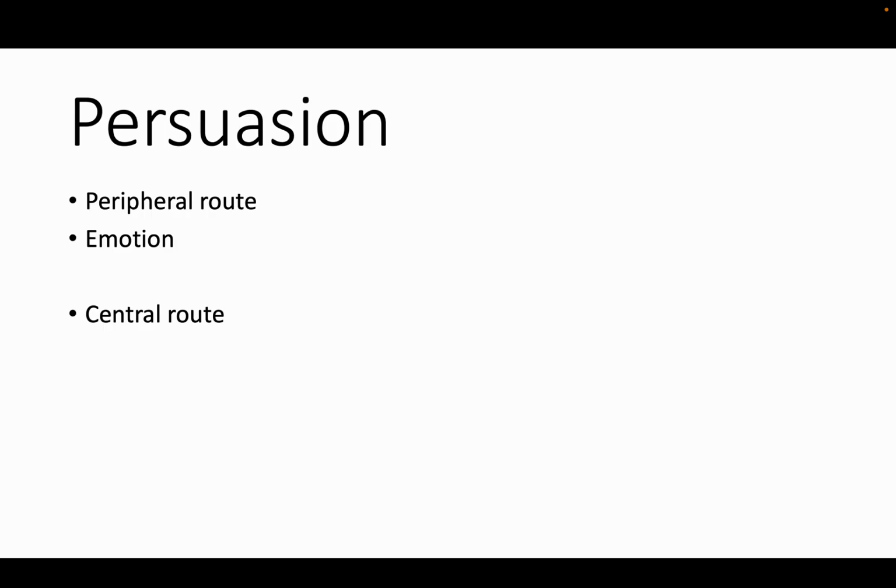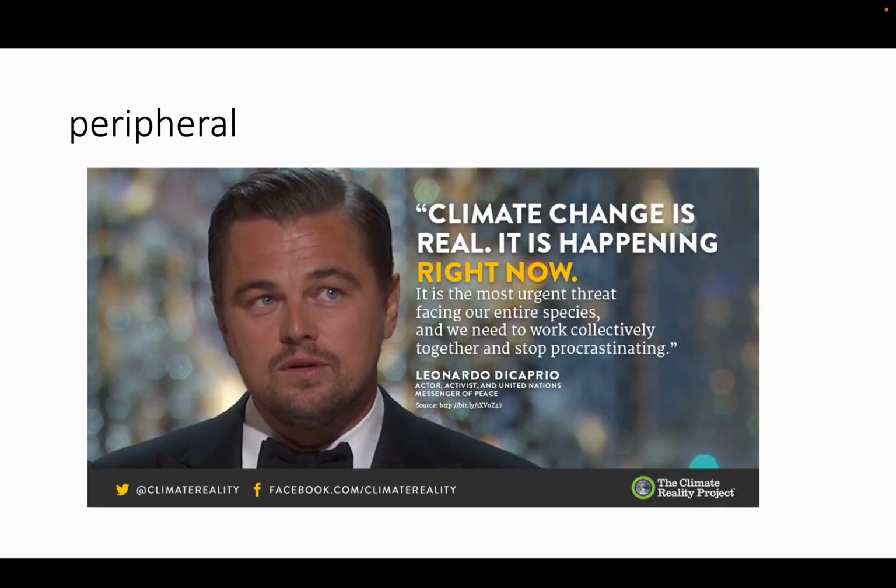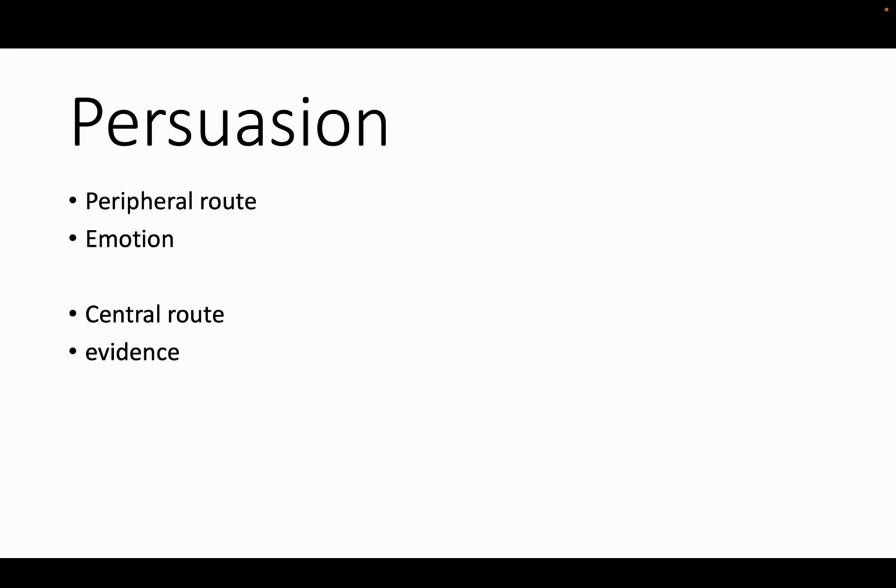Then attitudes and actions. Social psychologists want to explain the world. Actions are things we do, and attitudes are evaluations in our mind. So they're both important. But, well, one side note here. Persuasion is how we change someone's attitude. And there's two types of persuasion. One's called the peripheral route and one is called the central route.